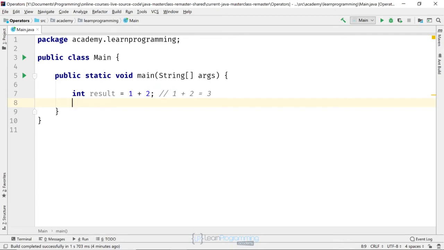But note here that we've got 2 operators on this statement. We've got the equal operator and the plus operator. The equal operator is an assignment operator, so it's used to assign a value. In this case it's assigning what's on the right hand side of the equal operator to the variable we've called result, and the value will be 3, which is the sum of 1 plus 2. The plus or addition operator sums the operand to the left and the operand to the right,